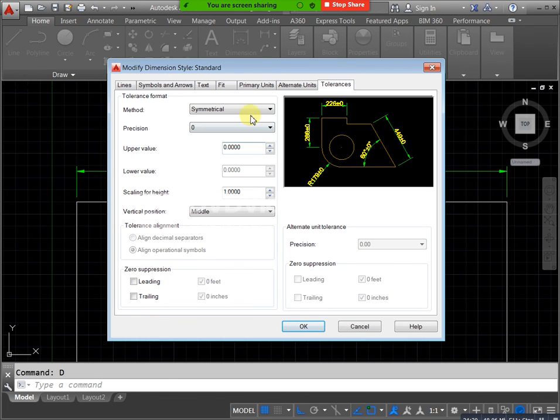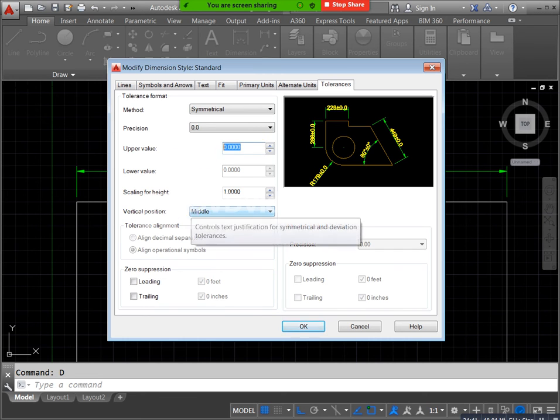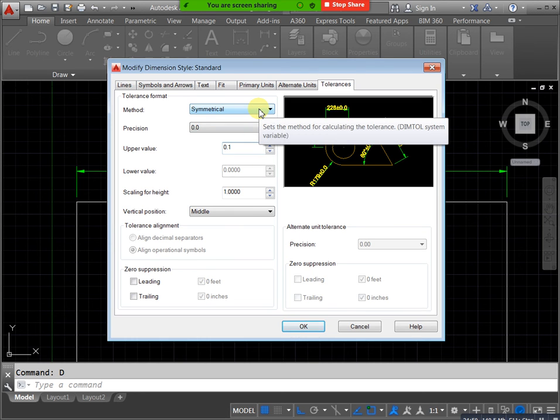Then we mentioned symmetrical. Symmetrical means both sides are equal, less 0.1 and above also, increasing 0.1, decreasing 0.1. If you have deviation with two limits, you can mention both values, upper how much you need, lower how much you need. Okay, Set current, you can get like this. If you need the same value, you can mention symmetrical, and you will get only one value.